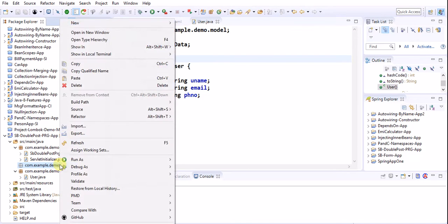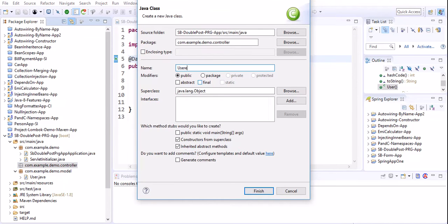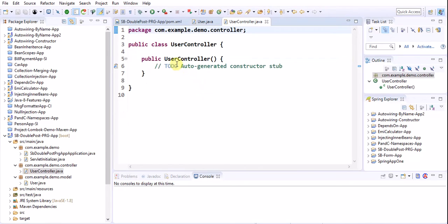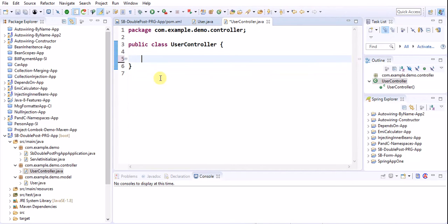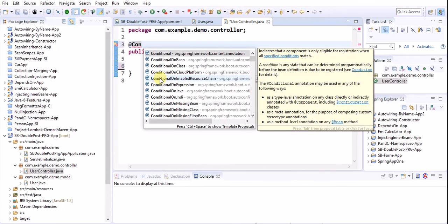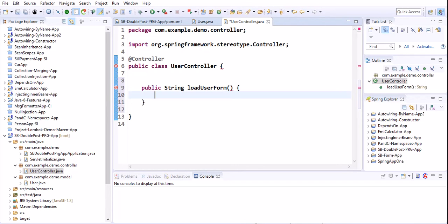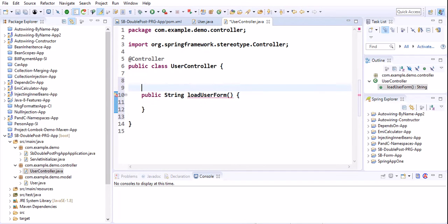Now let me create a controller class, a new class. Here I am creating a class with the name UserController. To make a class a controller in Spring MVC, we have an annotation called @Controller. Now my class is a controller. First let me write one method, public String loadUserForm, which is responsible for loading the user form.